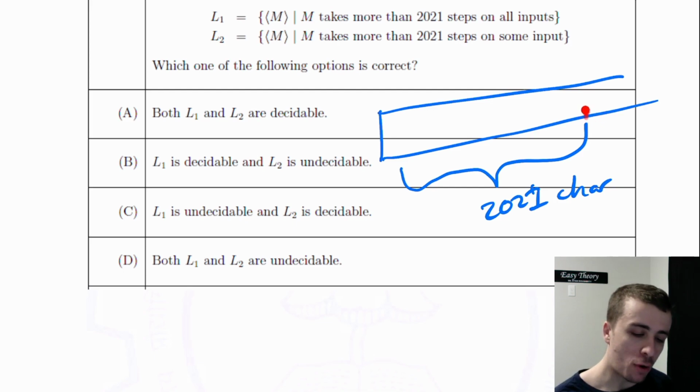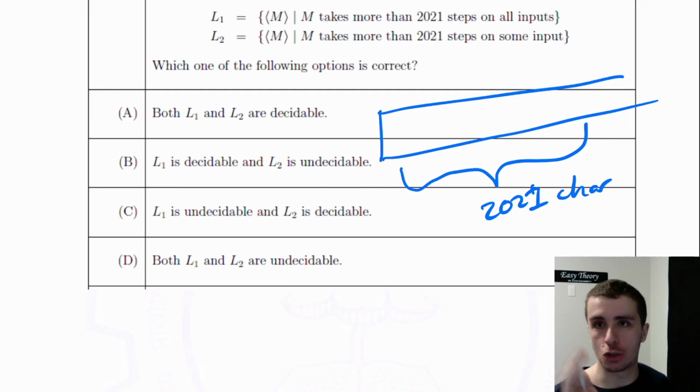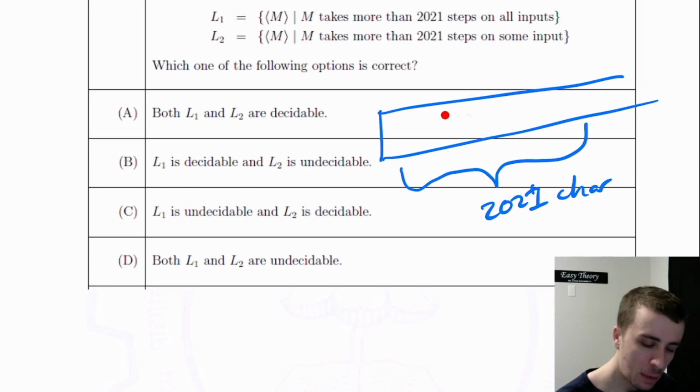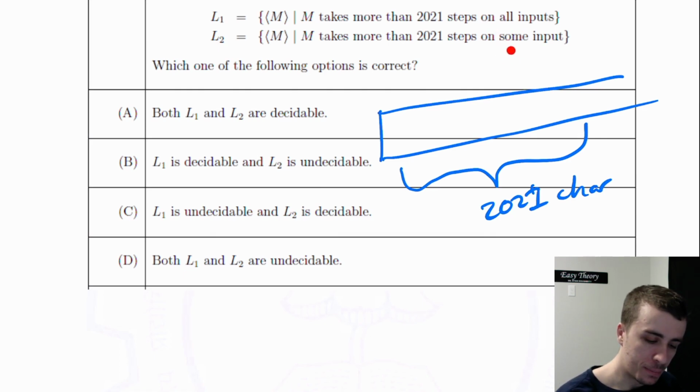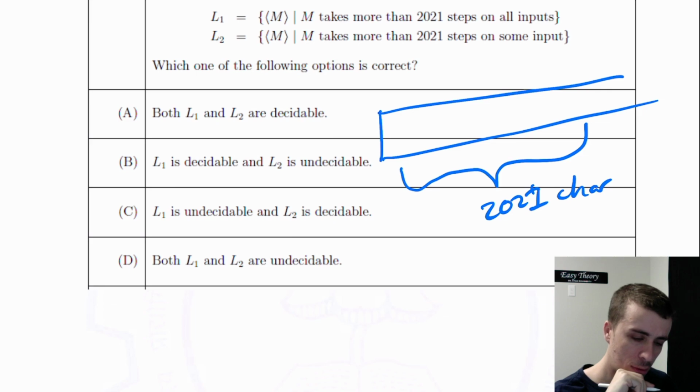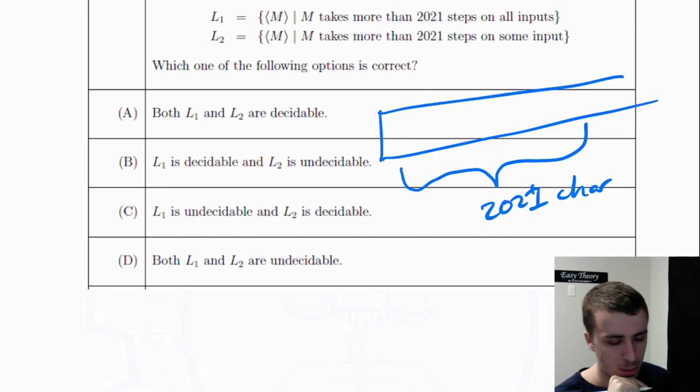So that means, for all intents and purposes, we only need to look at the first 2021 characters, because we will never inspect any character past this point if we cut the computation off at 2021 steps. We may stay down here further, but we can never go past this point right here. So that means here, for... Oh no, it's more than 2021. So if it takes more than 2021, then...